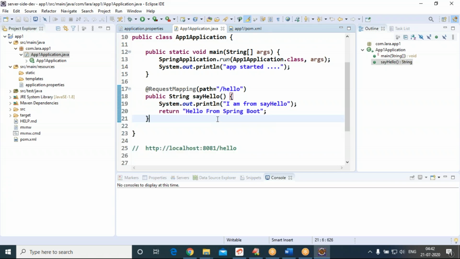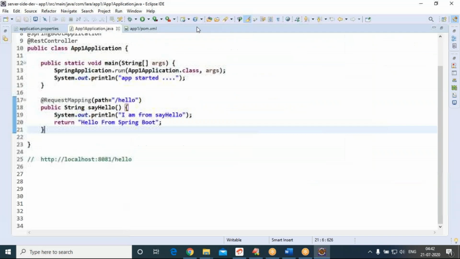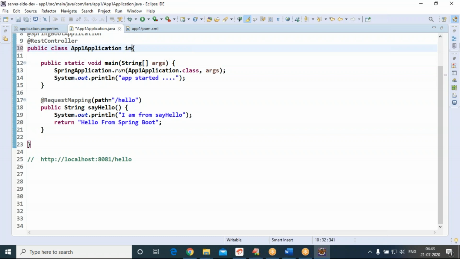Now, let us see. There is a concept, CommandLineRunner. What is CommandLineRunner? In the same application, go to the application class, implements CommandLineRunner.